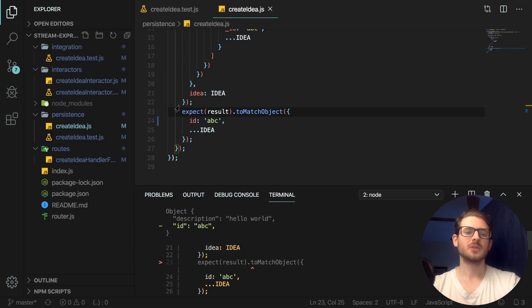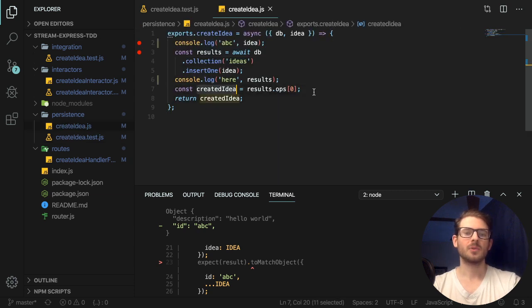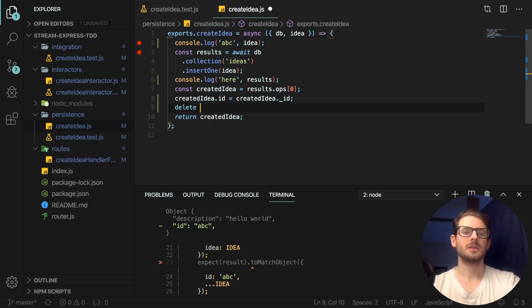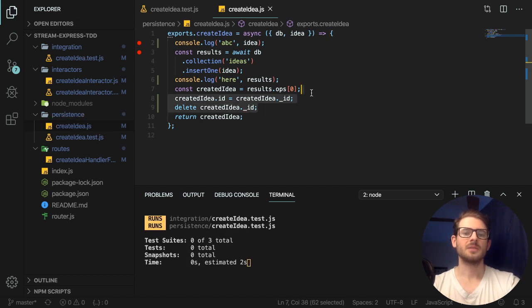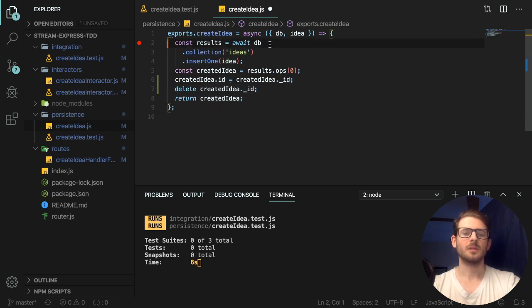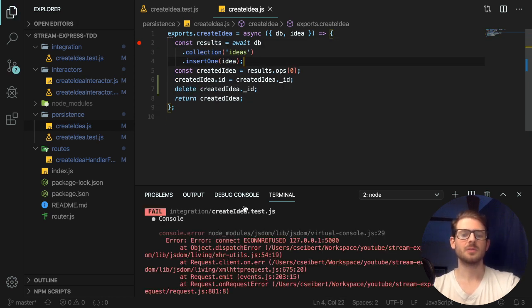So inside our actual implementation, I'm just going to set that. So ID is equal to underscore ID. And then I'm going to delete created idea of underscore ID. Now this could probably be cleaned up, and if there's a different approach for doing this, let me know. But let me delete some of this stuff. So now if my tests rerun,